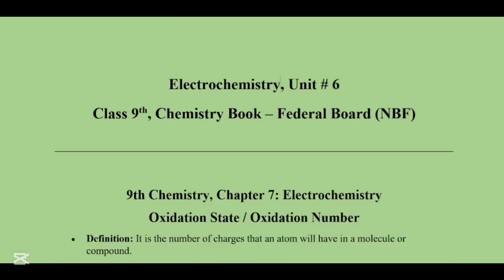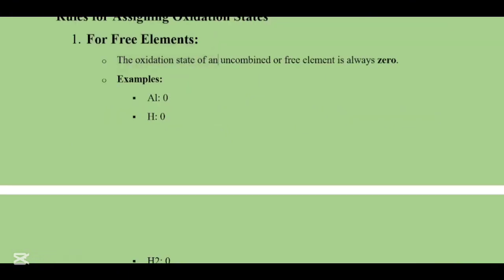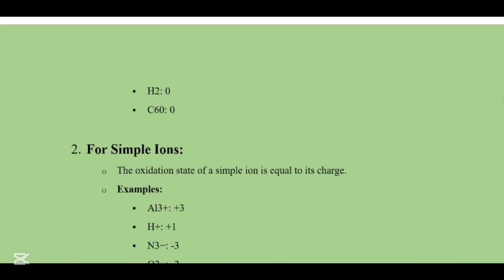Welcome everyone, my name is Arish Asif Khan and today we're going to talk about the oxidation state and oxidation number. I thought it would be very important to delve into this topic much deeper because a lot of people do not understand what oxidation number means and how we can find the number of oxidations in an element or a compound. The oxidation state of an uncombined or free element will always be 0, like aluminum, hydrogen, H2 or C60,